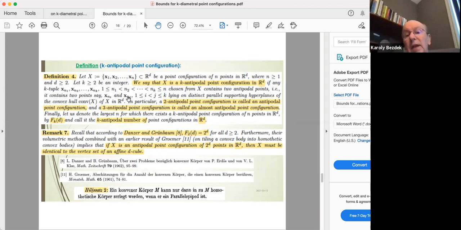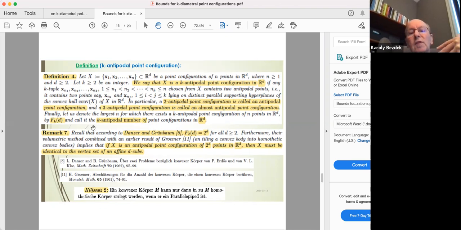That means that a 2-antipodal point configuration is simply an antipodal point configuration. So if F sub k of d stands for the largest cardinality of a k-antipodal